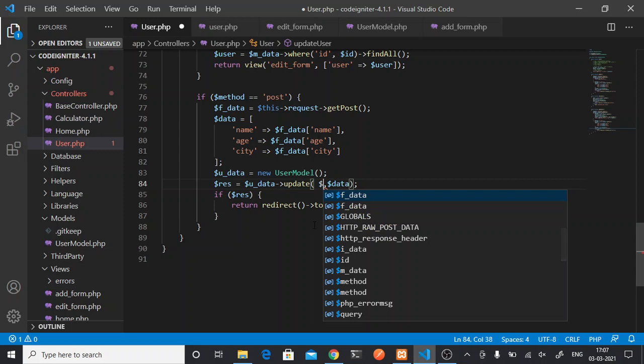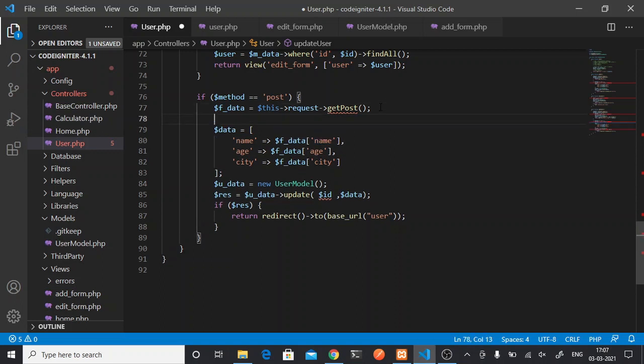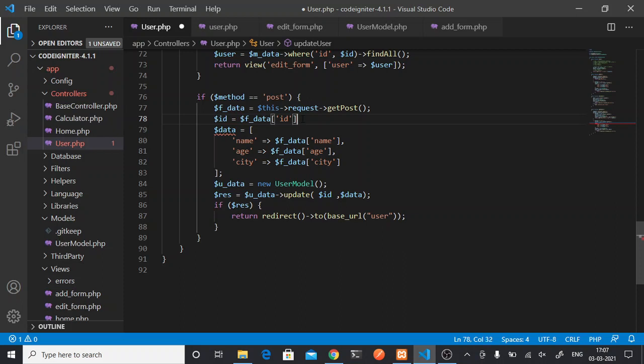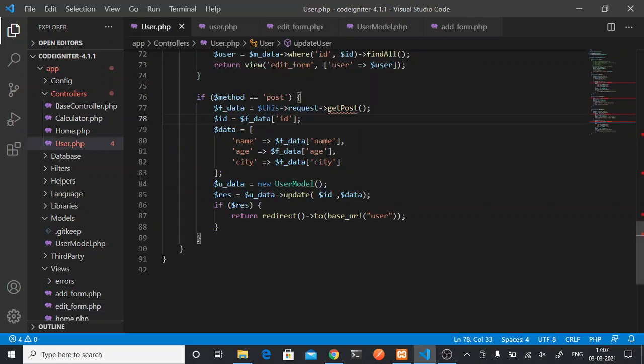So let's say $ID, and here, whatever from the edit form, in the hidden field I am getting my ID, right? The same I have stored in $ID value, which I am passing in the update method. So for that particular ID, update the data.